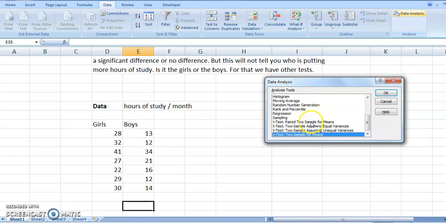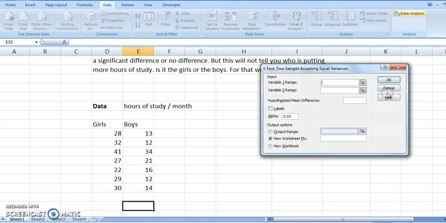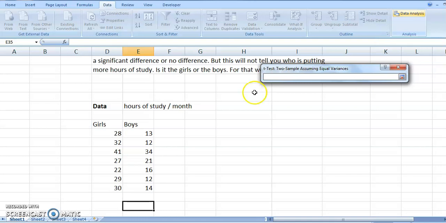Now we go for t-tests. This is not a paired t-test. It is a t-test with equal variance. We are having an equal number of sample observations and equal variance, not unequal variance. Now it is asking for the range. You click here and give the first range.